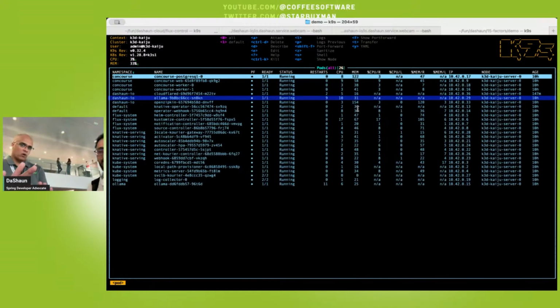Because I'm scaled to zero, that's a benefit, but I don't want to affect my users. So I can continuously deploy without worrying about breaking things. And I can validate that production is good. Testing in production is valuable. That's what I was talking about. That was my question. Thank you very much. Wonderful.